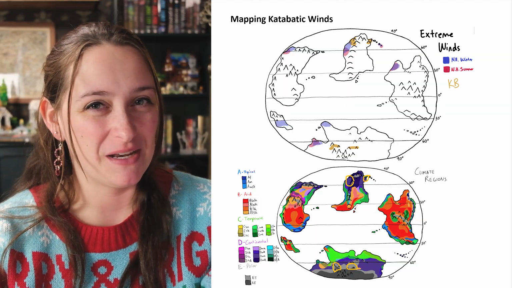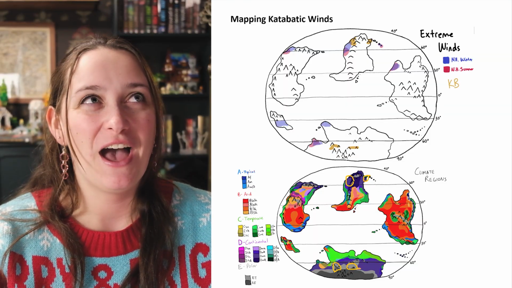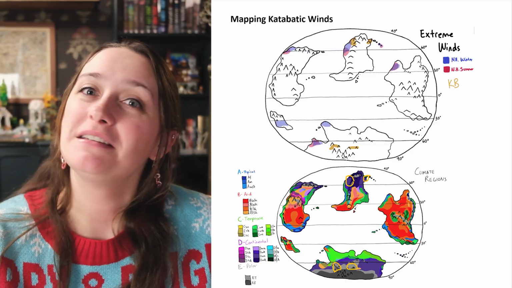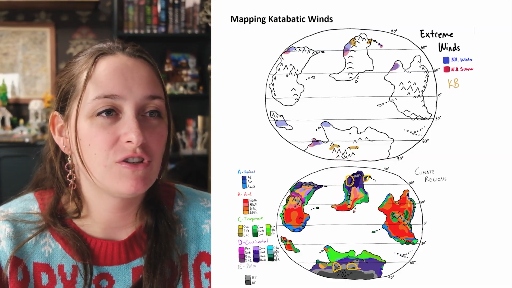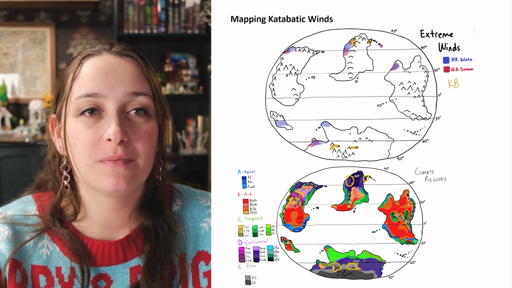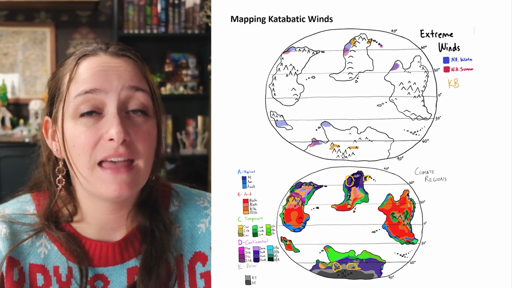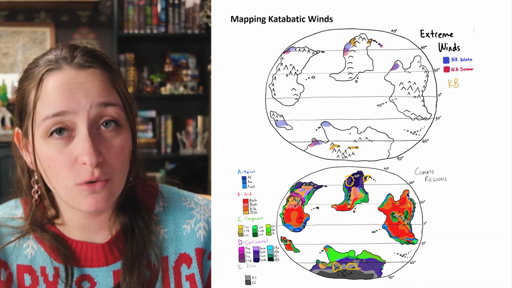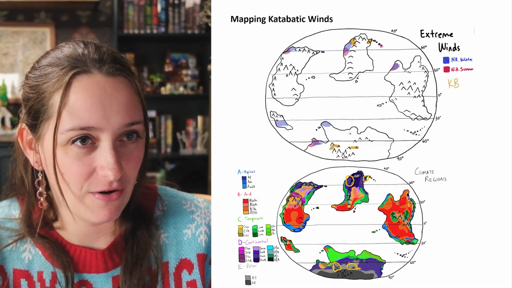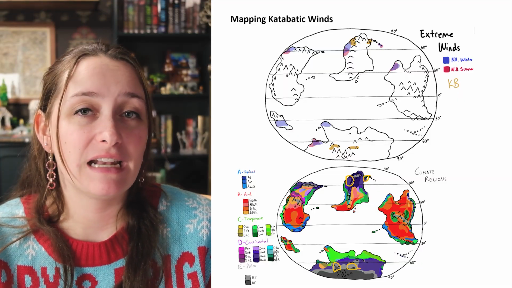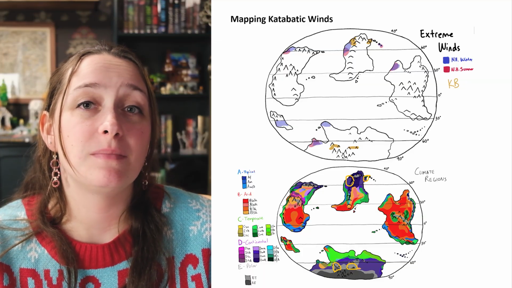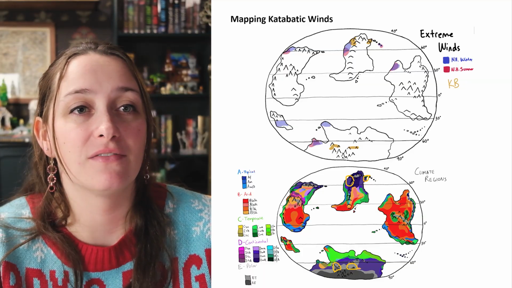On to a very fun one, katabatic winds, which are so freaking cool, let me just tell you. But this pulls in temperature inversion, which is a big factor for the winds in the coldest parts of your map. So in most places, the land is going to be warmer, and the further up you go, the air will get cooler. However, in extremely cold areas, particularly those covered in ice sheets, right at the surface, it is so cold that the air there will actually be colder than the air higher up in elevation.